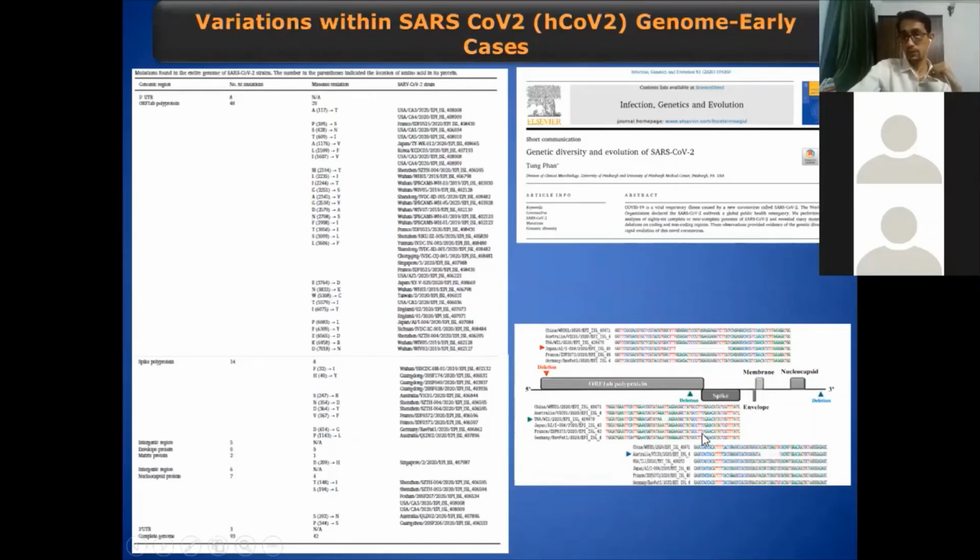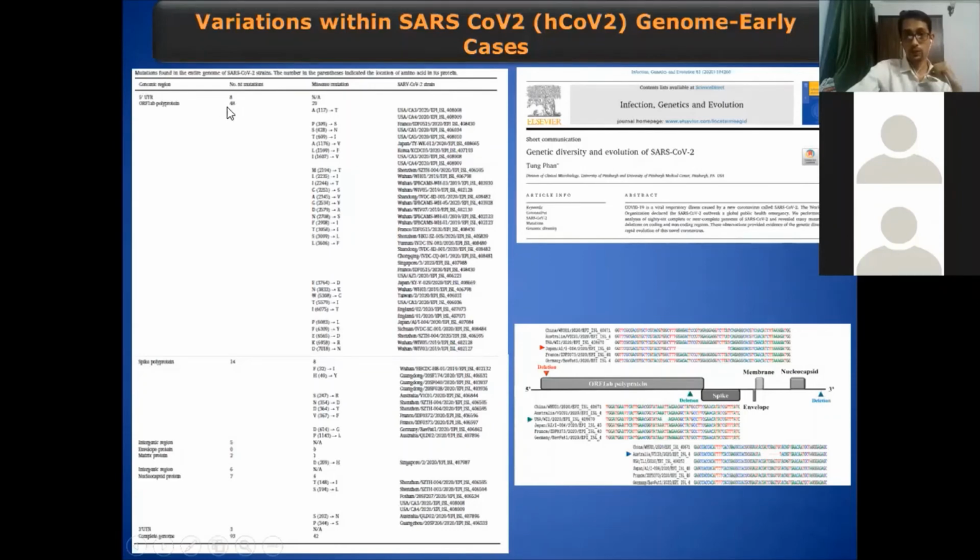So these deletions usually should happen at a lesser rate, but these deletions were seen in different geographical regions and in different locations on the genome. The American deletion is on the ORF1A1B. The Japanese one is again in the beginning of the ORF1A1B, whereas the Australian deletion is towards the end of the genome, after the nucleocapsid in the 3' UTR region. And finally, these are the total number of mutations that were observed in 103 sequences.